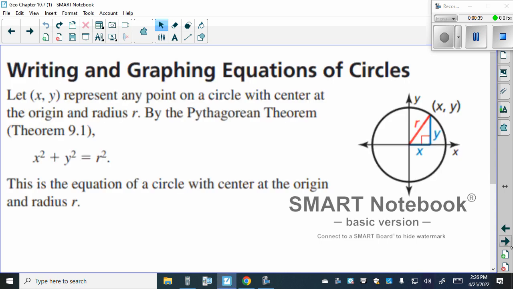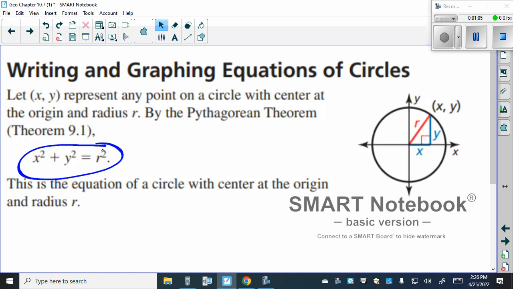So what we're looking at today and tomorrow is writing equations of a circle. Now, whenever the center of a circle is at the origin, at the point 0, 0, the equation of a circle is given to us by the formula x squared plus y squared equals r squared. This is the equation of a circle when the origin,